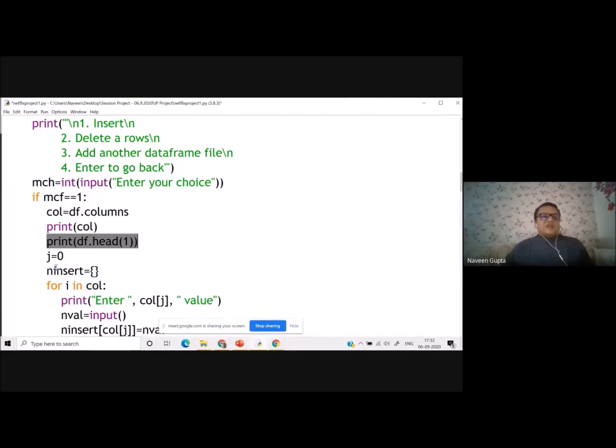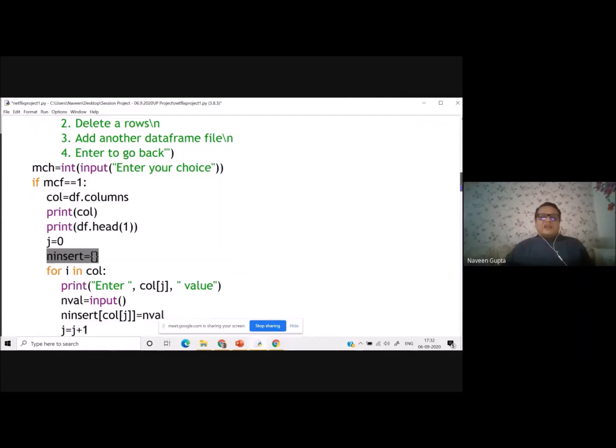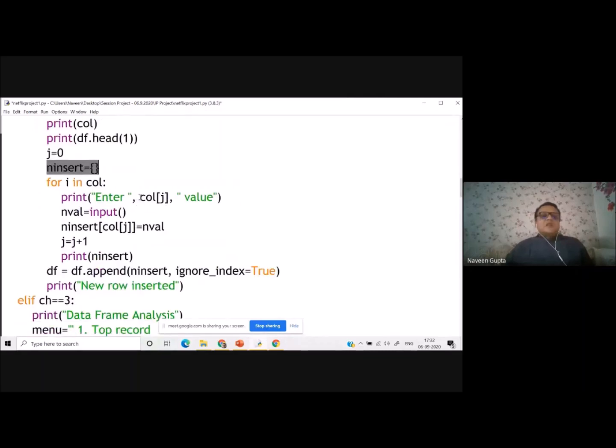Now I have created a dictionary wherein I have taken the column as a key, and then I have asked the user to input some value, and I am adding each column as a key with the input as the value for that key.